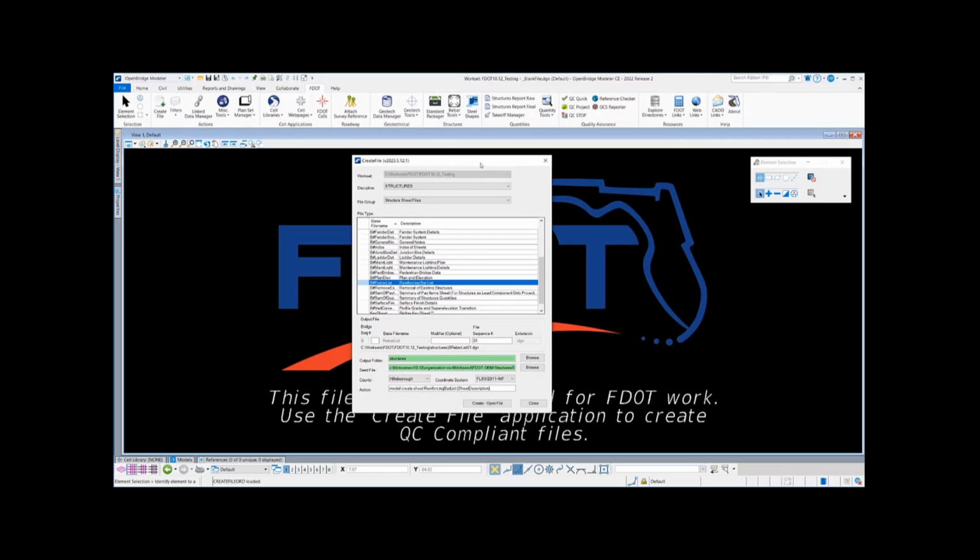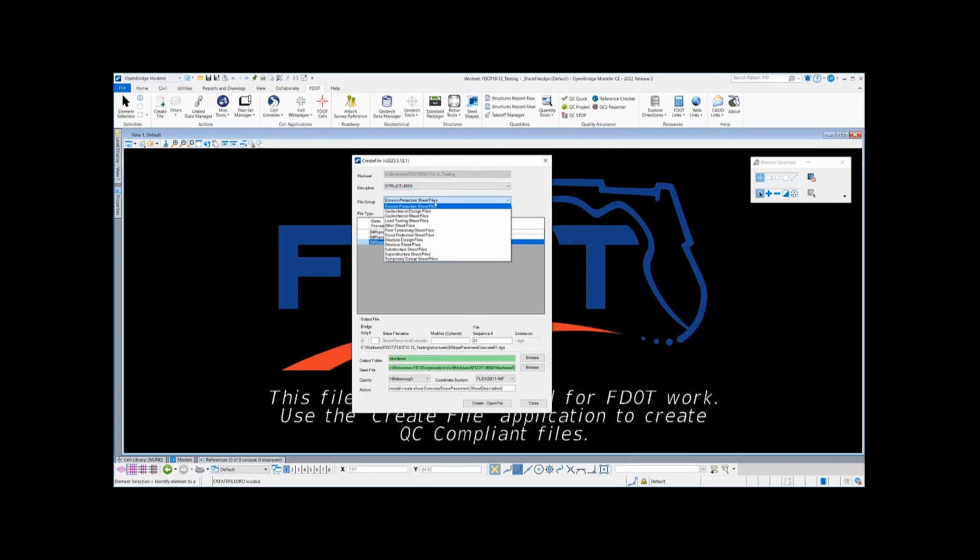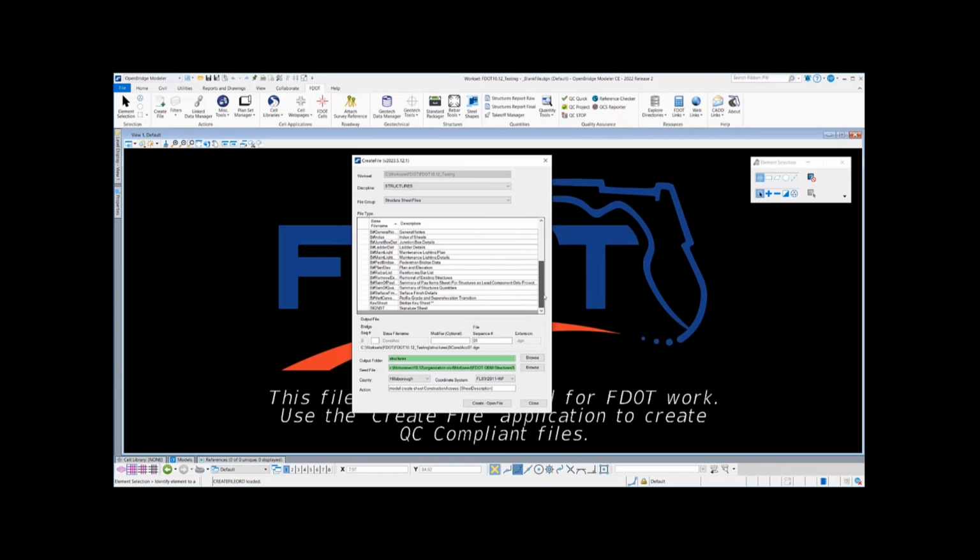So once I open the FDOT Create File tool, the discipline that you want to use is structures. The file group that you're going to select is going to be just the structures sheet files here. And then you'll scroll down to the B pound rebar list. So we're going to go ahead and create the sheet file itself that the rebar list